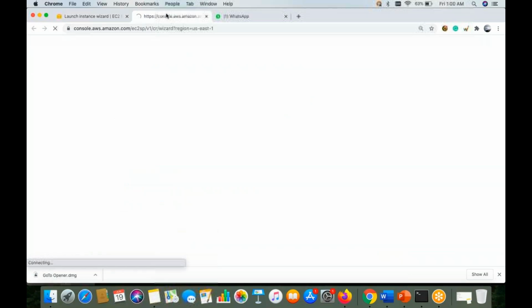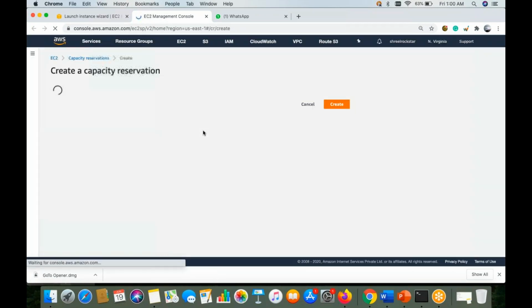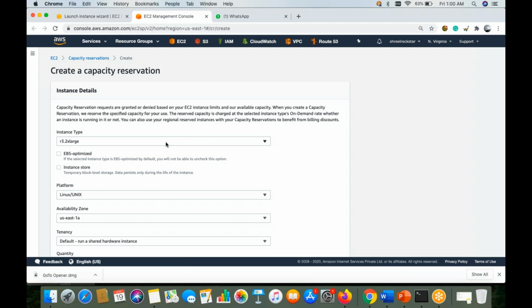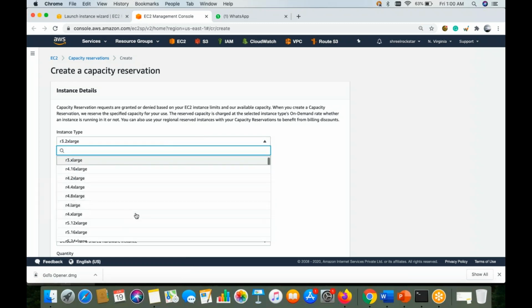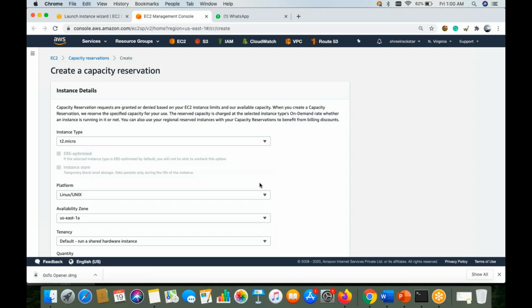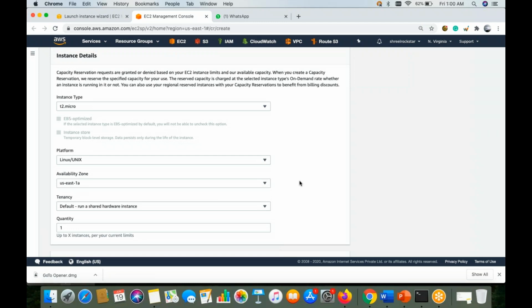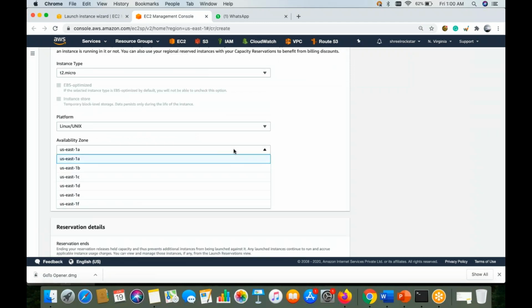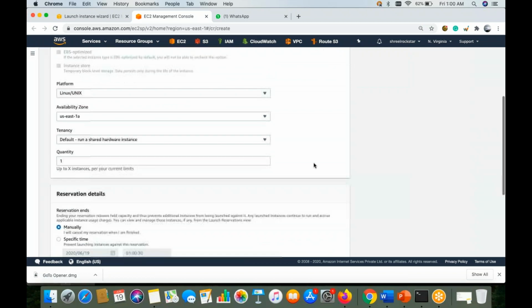So let me click on this and we'll go through what exactly the capacity is. Capacity is something, guys, where you can select your instance type. I believe it is not going to apply to our T2 micro, because we are already in the free tier, so it should be fine. You can select your region, whichever you are looking for currently.